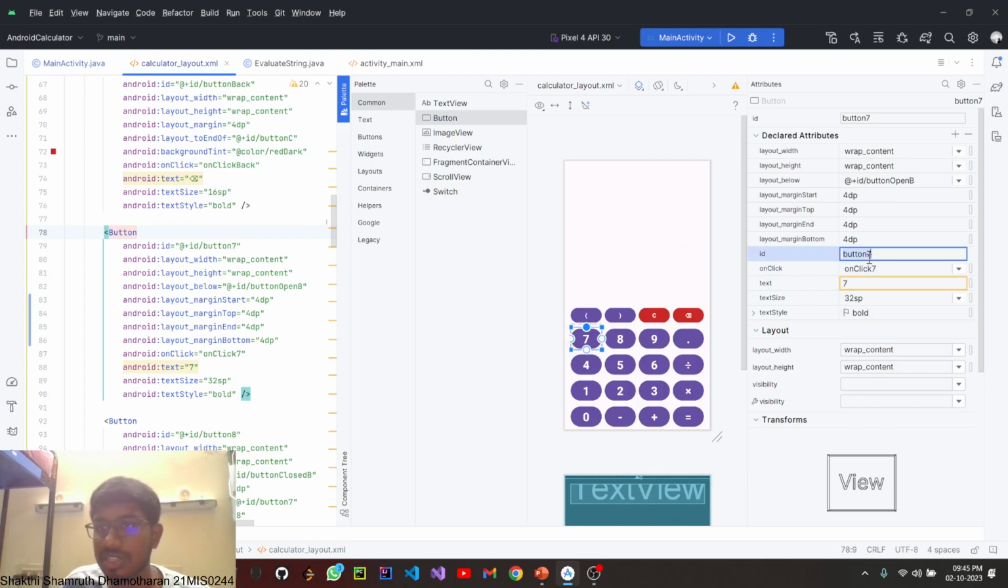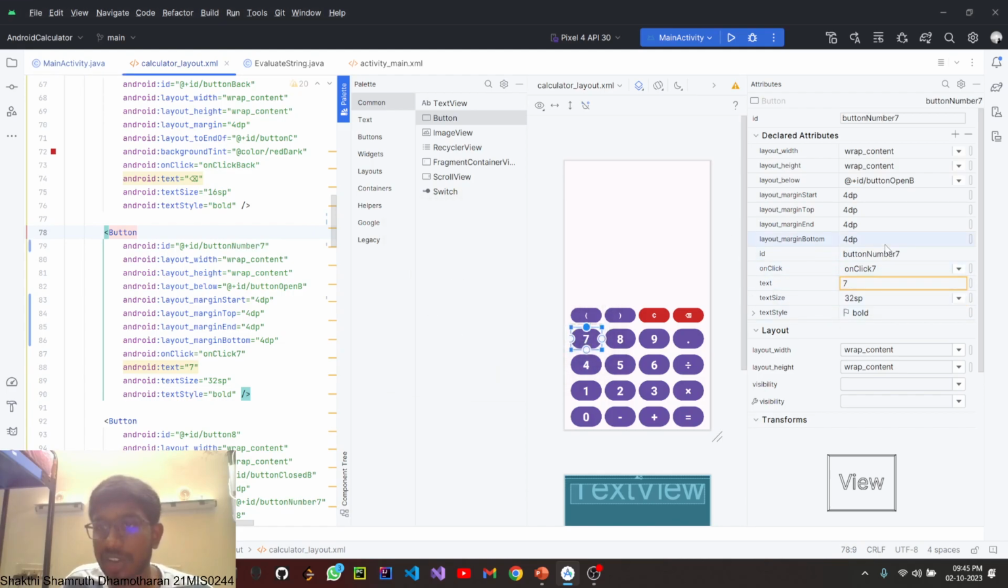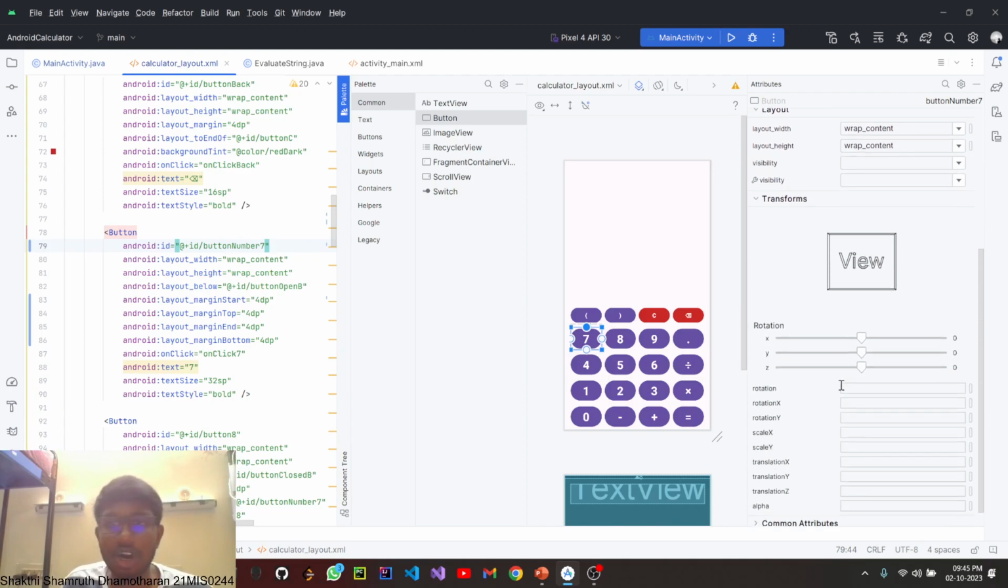So here is the ID of the button. If I change the ID of the button here, let me save it. After changing the ID of the button, it is automatically reflected in the code also. So I can make changes to the attributes of the item or the widget using this attribute tab, or